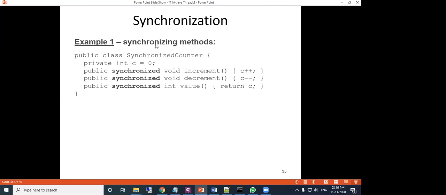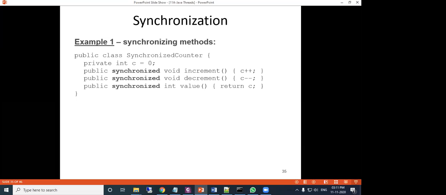For a synchronized method, there is a keyword you will write, that is synchronized. If you write the synchronized keyword before the method, then in your multi-threading application, after completing the complete task for a particular thread, it will allow another thread to execute.